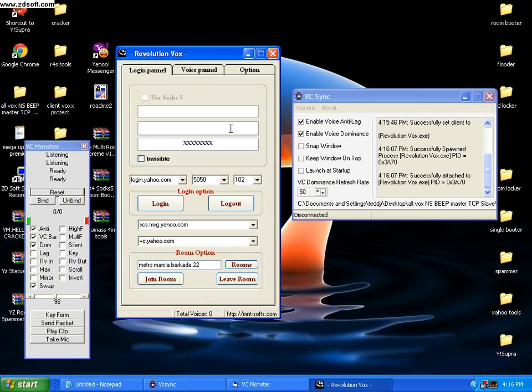I'm choosing naman 001 and login. There it goes.